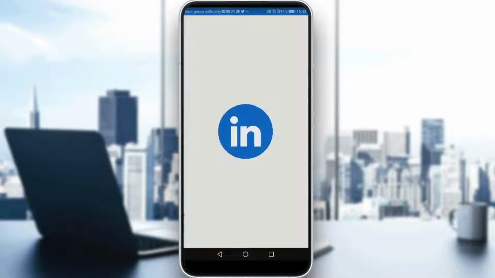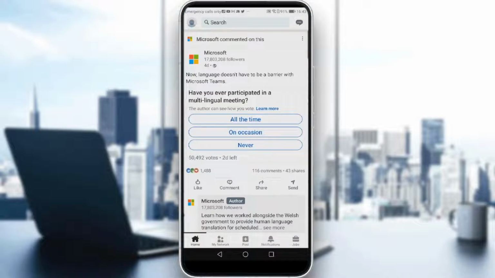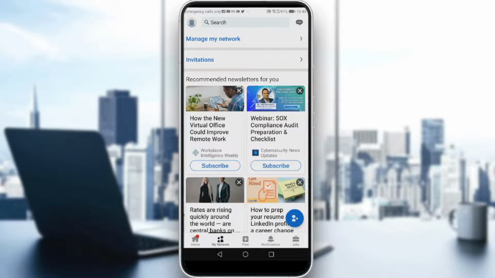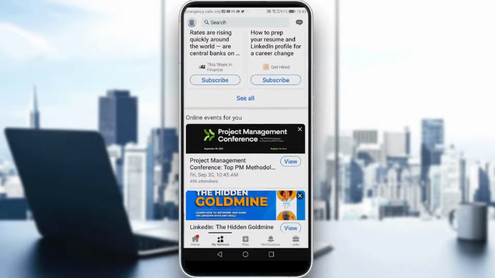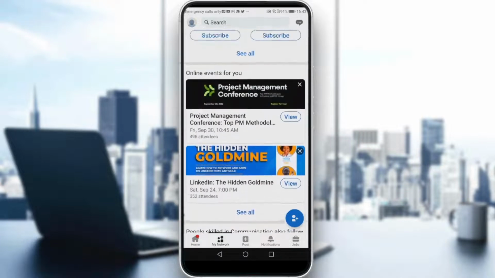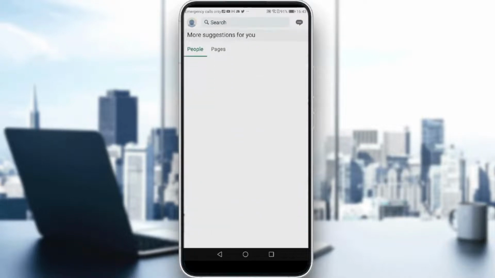So, just launch LinkedIn. And as we said, we want to get as many followers as possible. So all we need to do is go here to My Network. Here, of course, you should tap on People. As you can see here, you will find pages to follow, people to connect with, or even maybe to subscribe to